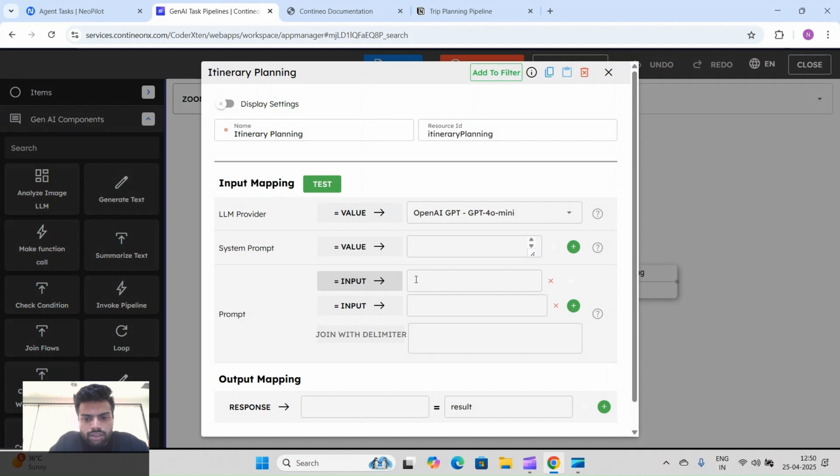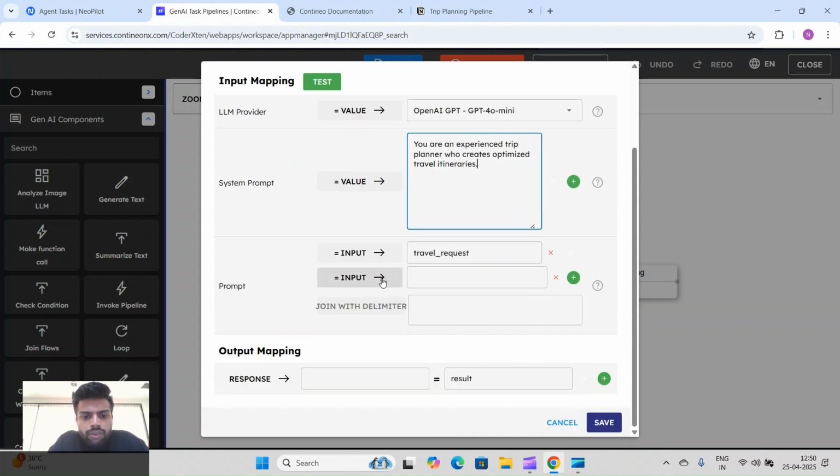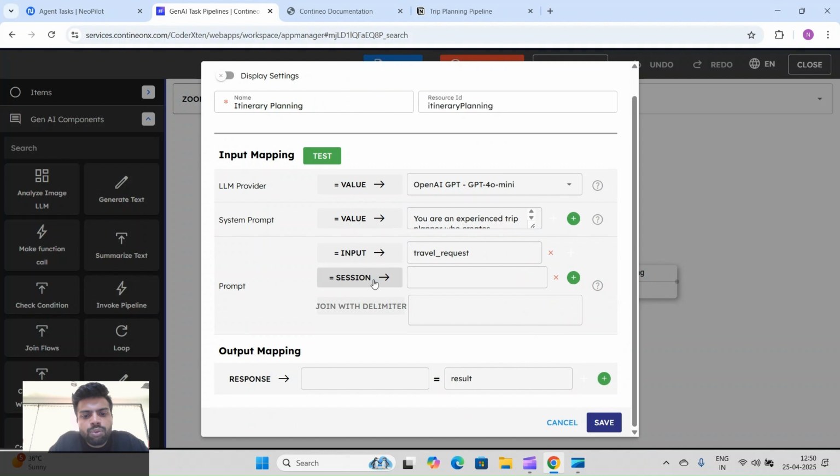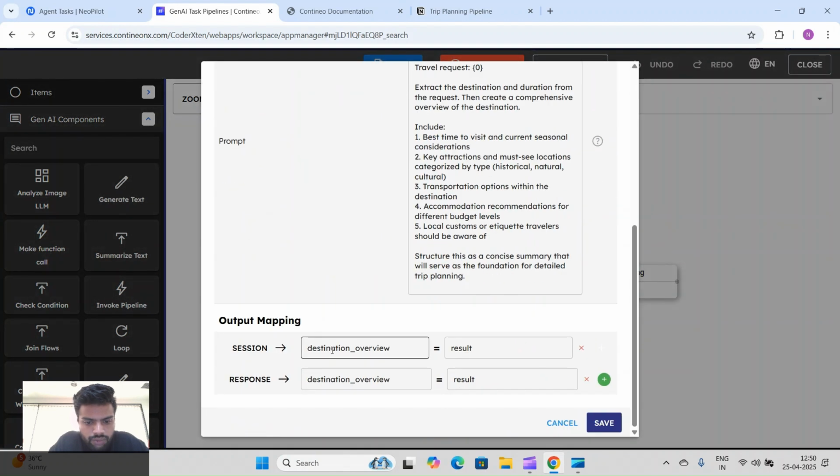We will take travel request as input. We have already added the system prompt here, if you can see it. Then the second will be from session, because this is the output of the previous step. This is how we take it: as you know, here we saved it as session.